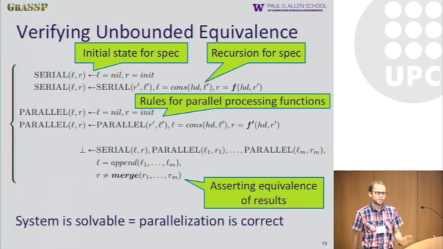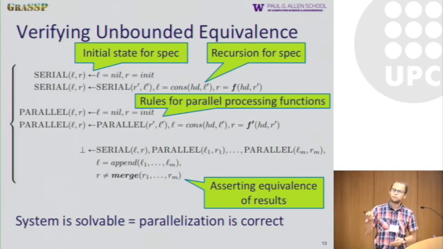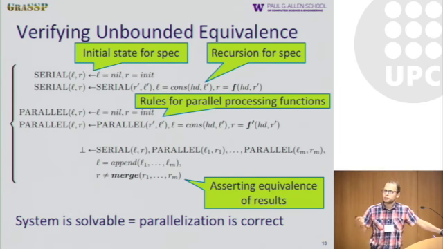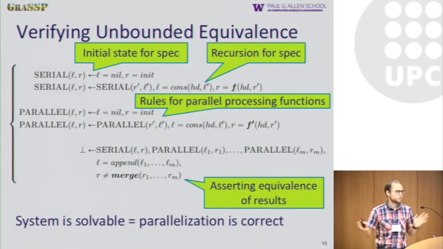Well, first of all, about the comment on the bounded number of threads. In principle, if you use a theory of arrays, we can make it unbounded. But solving for the theory of arrays is kind of challenging. This system, despite looking complex, is actually reducible to linear arithmetic, and it can be solved in a couple of seconds. That's why we bounded it. But typically the performance doesn't depend so much on this bound. It's not exponential in this case. Regarding associativity,